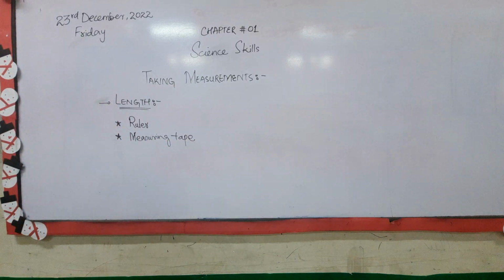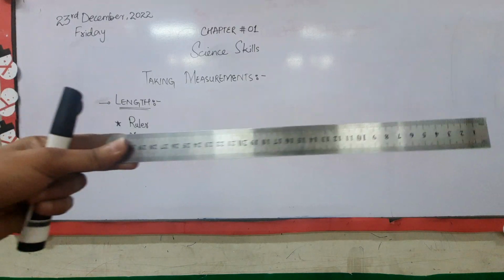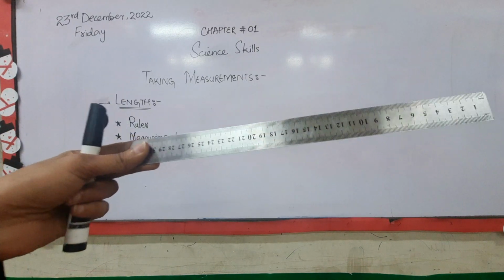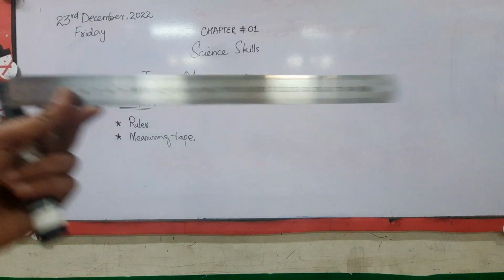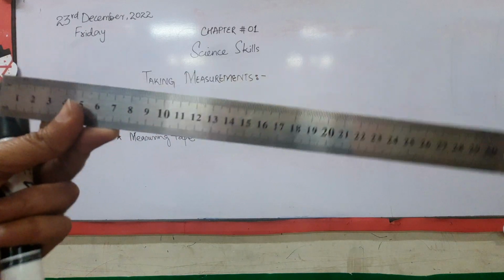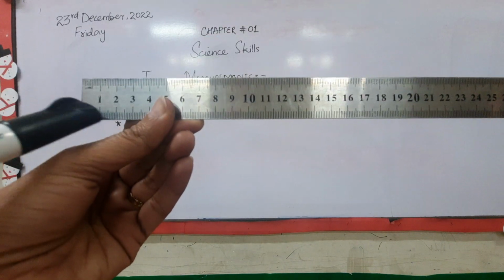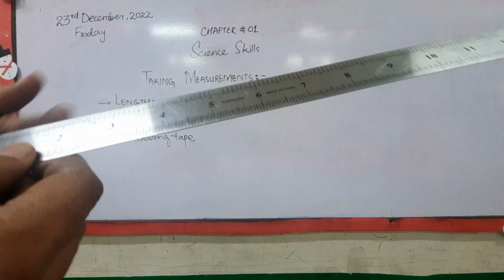The ruler that we use in our daily routine is the measuring scale. This one is the steel scale, and we also use the plastic scale. If we see the scale carefully, there are different digits on the scale. There are some millimeter divisions, and there are some